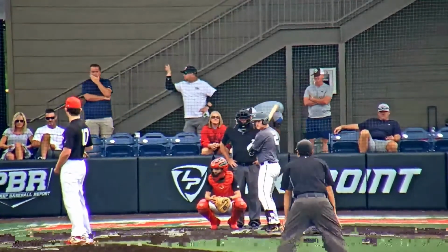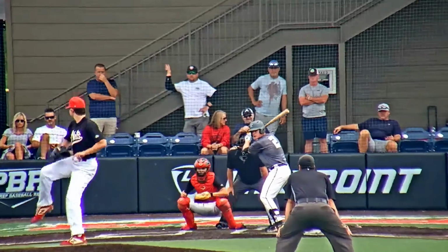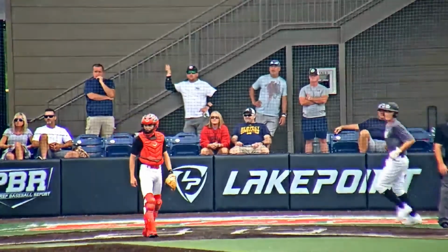But their offense has to come out smacking, and their defense and their pitching has to tighten up. It's only 1 out on the board. Like you said, it's already been 2 four-ball walks. And that one is skied to center field. Looks like the center fielder has a beat on it, and he will make the catch for the second out